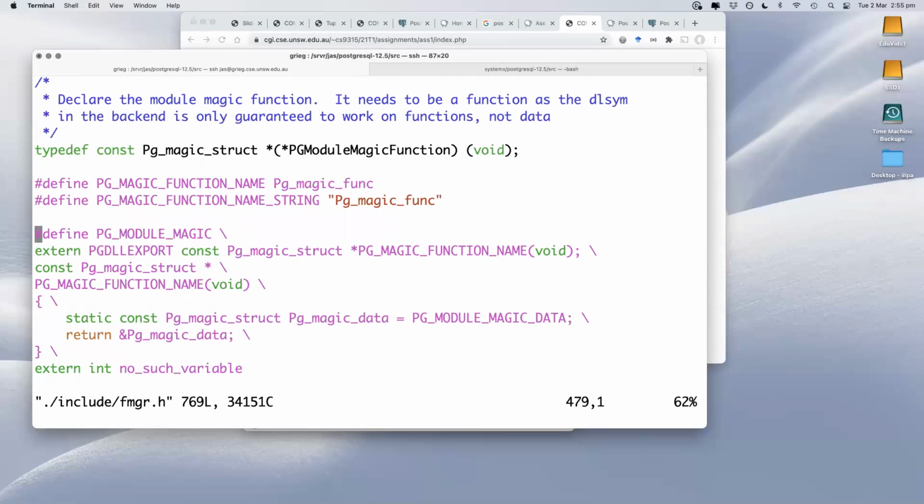There you go. It puts in some magic definitions. Oh, it's actually part of FMGR. I would have thought that was a file manager. Maybe it's function manager. In any case, it gives you definitions that,